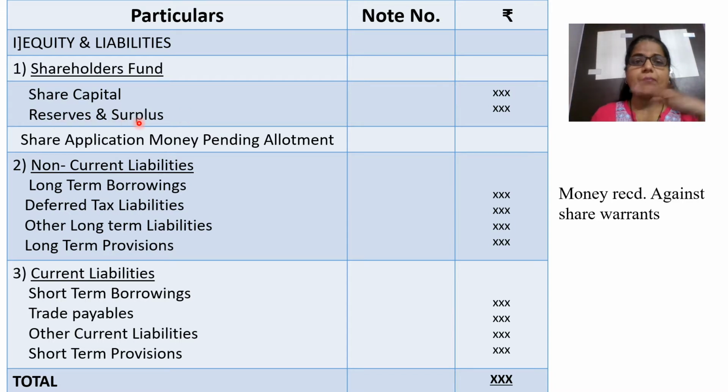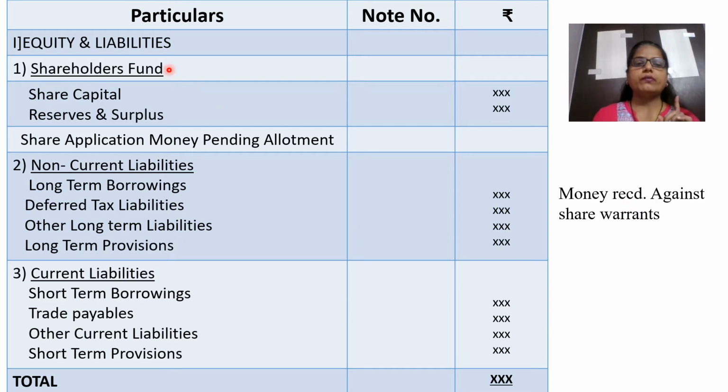But हमको exam में ये कभी नहीं आता है, तो इसलिए मैंने इसको format से थोड़ा side में निकाल के रखा ताकि आपका format थोड़ा छोटा हो जाए, and not unnecessarily overburdened with the items that we are not going to use at all. So this item comes after reserves and surplus, that is money received against share warrant. ये हमको किसी भी sum में आता ही नहीं है. So I have kept it separate.